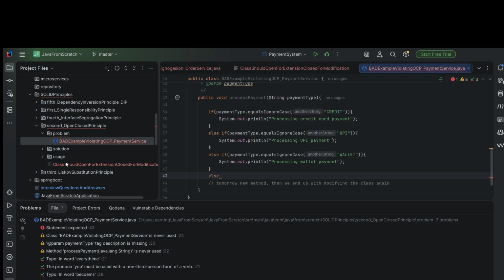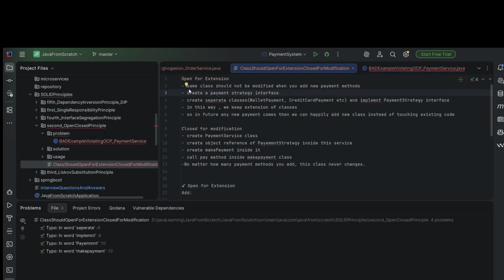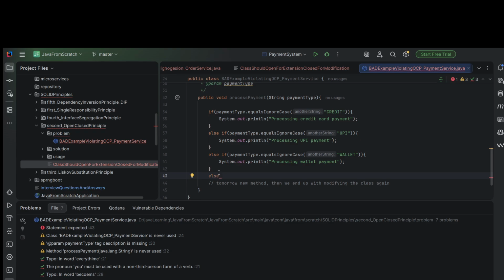But what does this rule say? This rule says it should be closed for modification and open for extension. You should extend it further, but you should not modify the existing. But let's say I want to add cash on delivery payment. So again, you need to modify this one. You need to write